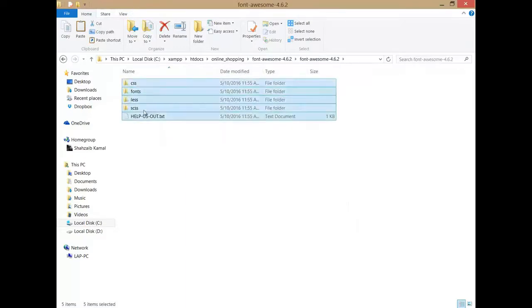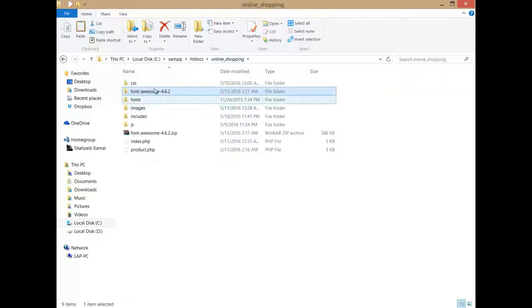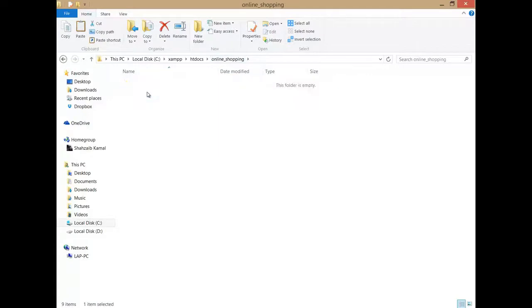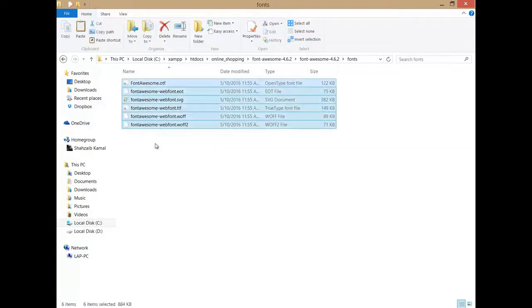Oh wait, first of all, go inside the CSS and cut the CSS, or you can just copy whatever you want. Copy the CSS and paste it in the CSS folder. This CSS folder has a bootstrap file, the Font Awesome file, and the style.css file. Going back to the Font Awesome,